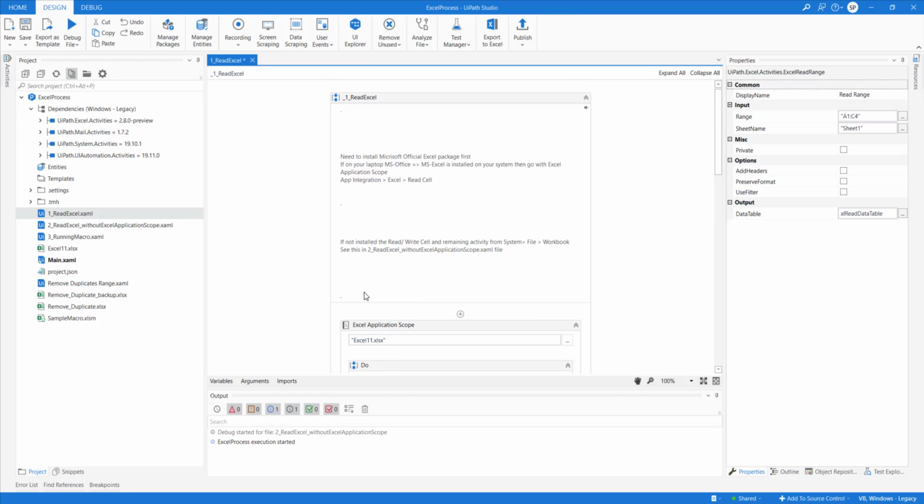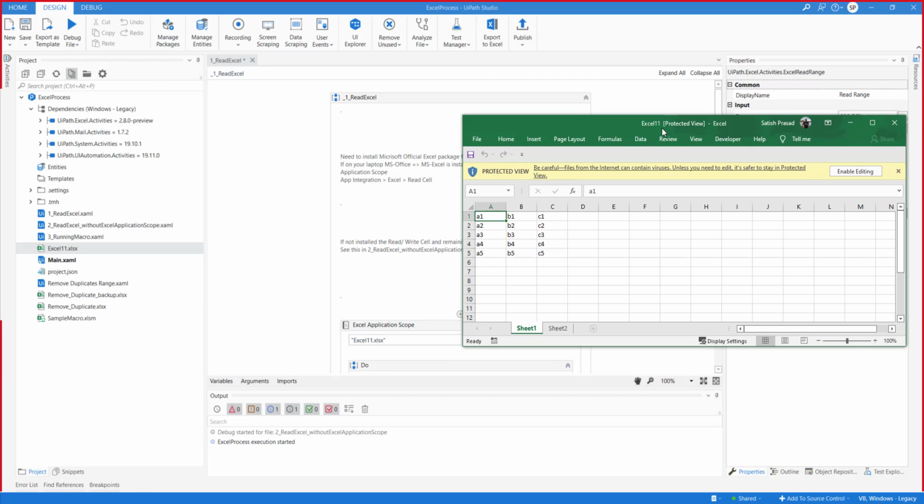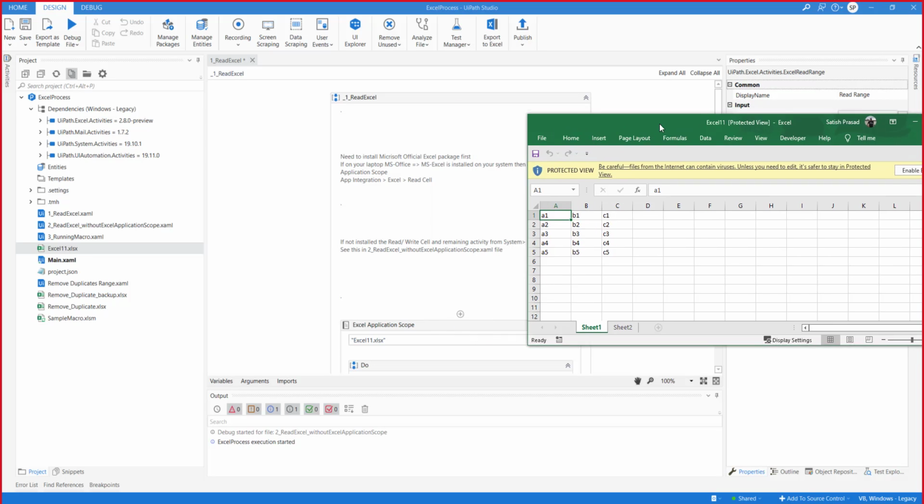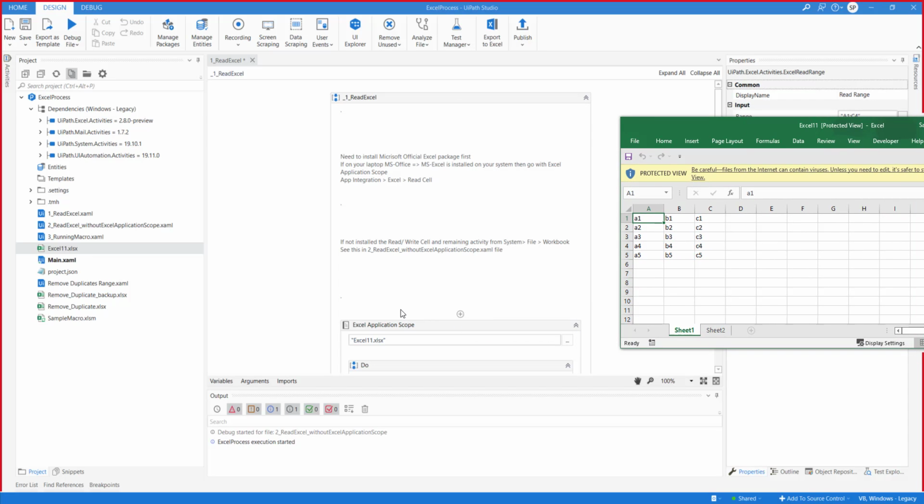Let me ask you one question. What will happen if the Excel file is already open? Let's take an example of this one. So I have opened the Excel file myself manually, right? And when I run this automation or workbook, what will happen? Will it throw an error or will it run? What would be the error? Error is Excel file is opening. Excel with, and why so? Because we are working on this Excel, no?